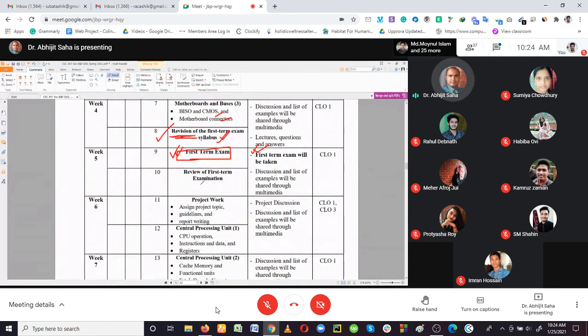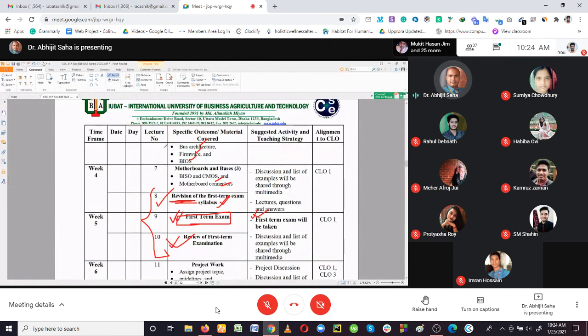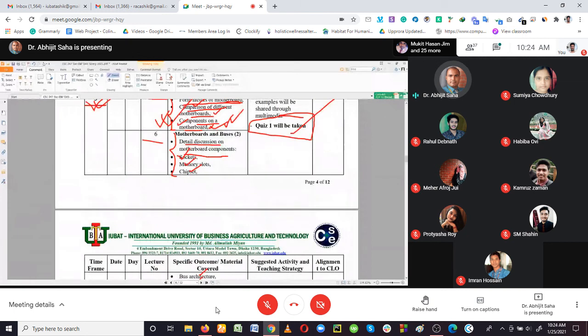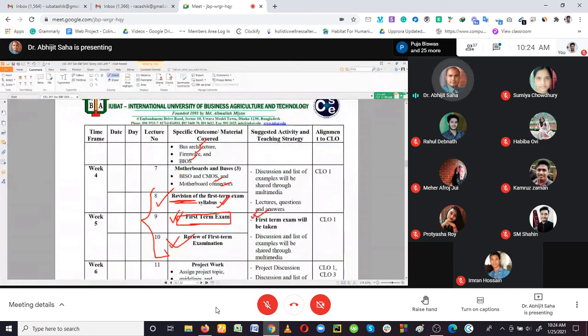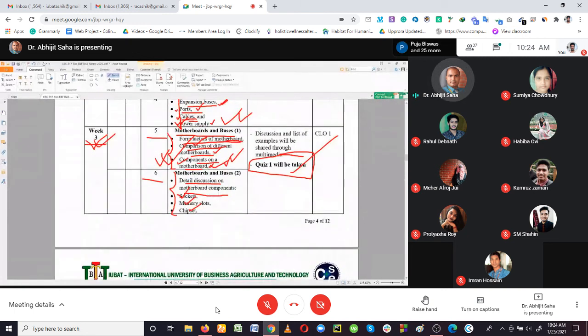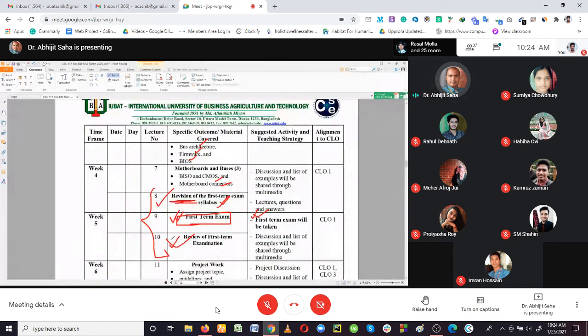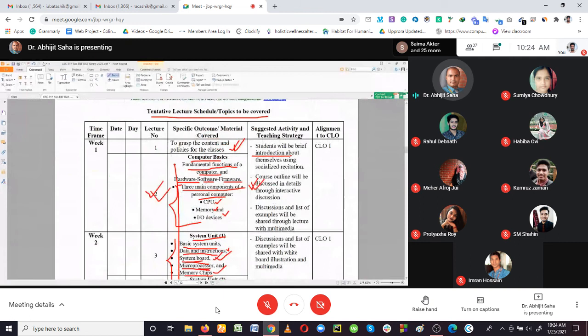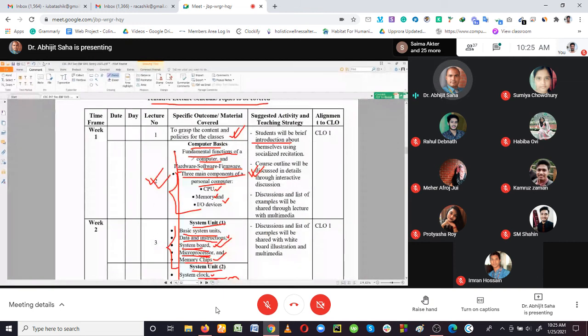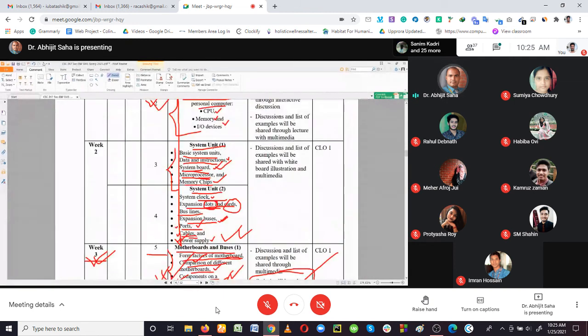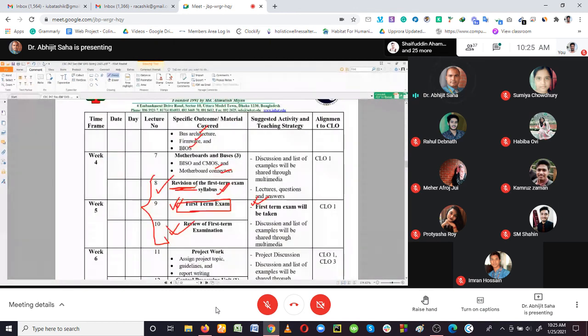And then I have kept a review of the first term examination. These are the three classes I have kept, in case we need them for discussing any topics. It can happen that the 4 days I have kept for the motherboard are not enough, so we can take 1 extra day from here. Or maybe the computer basics, which we plan to cover in 2 classes, may take 3 or even 4 classes. That is what I have kept here: the revision part